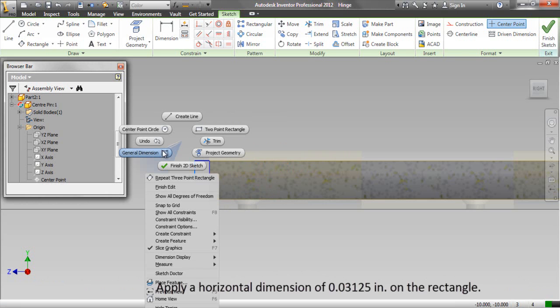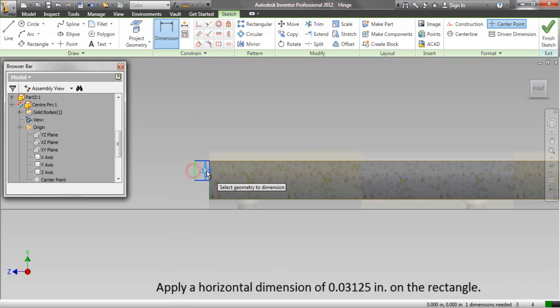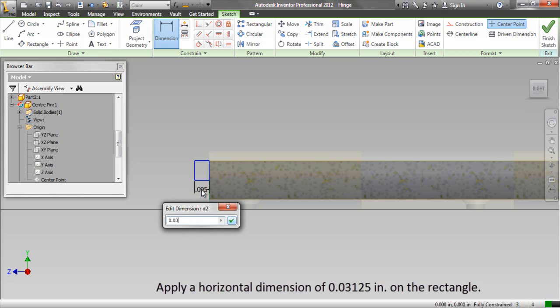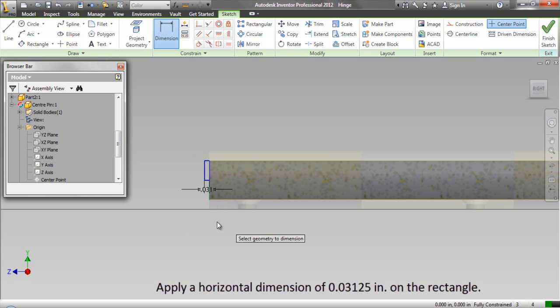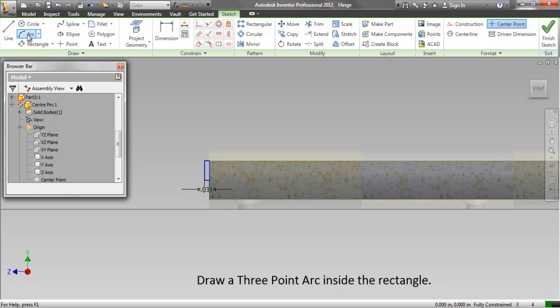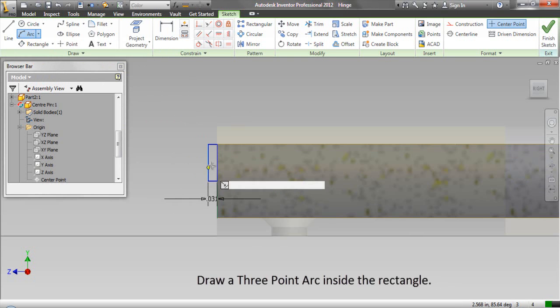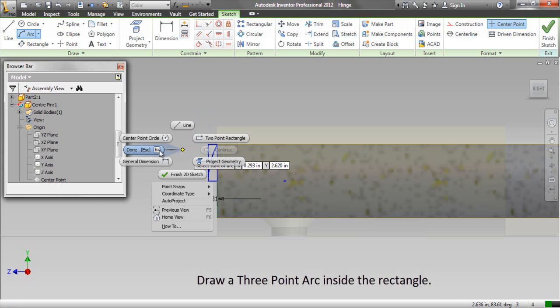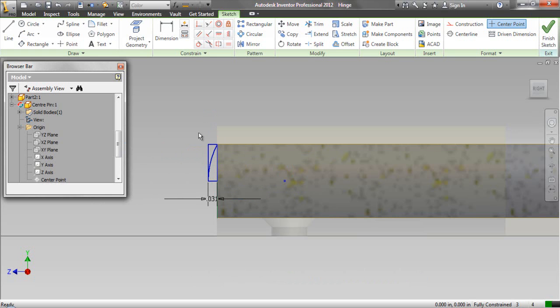Apply a horizontal dimension of 0.03125 inch on the rectangle. Draw a 3-point arc inside the rectangle. Finish the sketch.